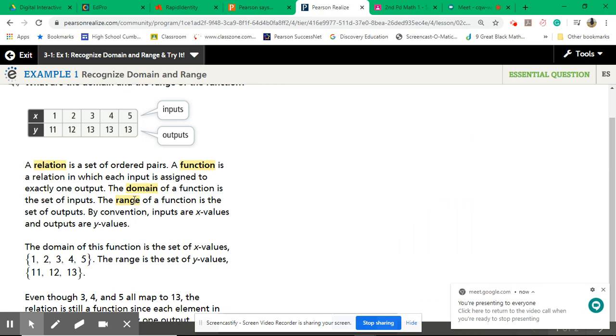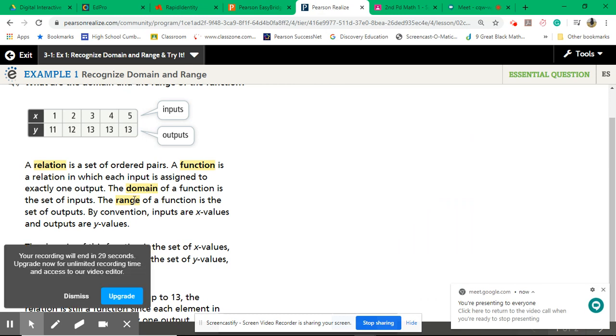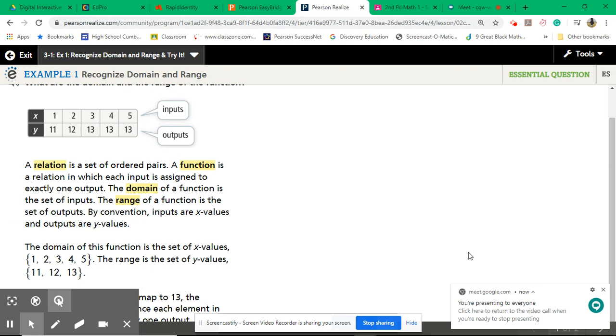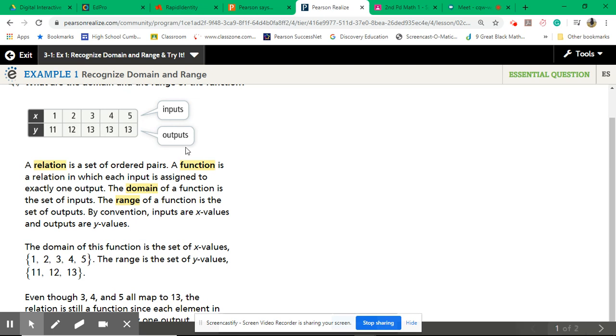So a function is a relation in which each input is assigned to exactly one output. The domain of a function is the set of inputs. The range of a function is the set of outputs. So in other words, the domain is the x's because inputs are x's, and the range are the outputs, the y's, because the range is y. All right. So like we just said, the domain of this function is